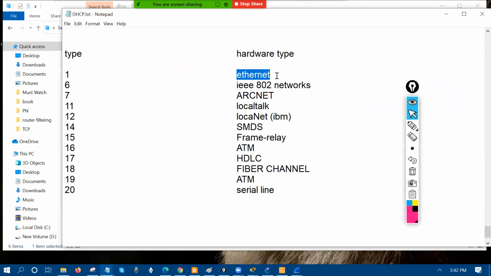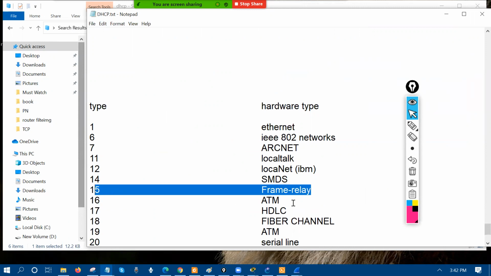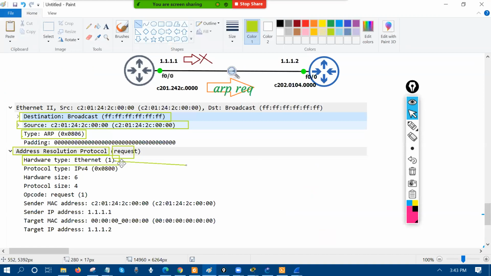And for each hardware type, what happens? The type will be changed, right? If you're going to use Ethernet, you have 1. Frame relay, you're going to use 15. ATM, you're going to use 16. SDLC, you're going to use 17. So depending on the hardware, this value will change. What's the value right now? We have 1, Ethernet, right? Then after that, what happened? The protocol will be